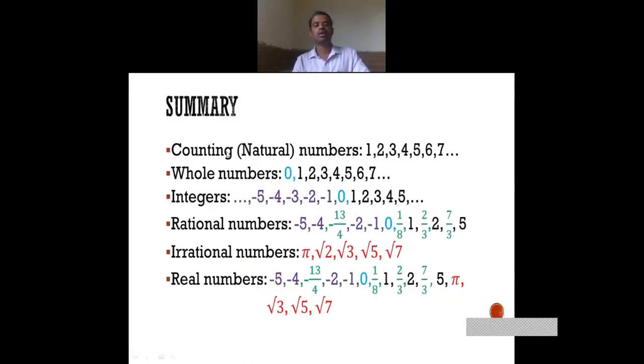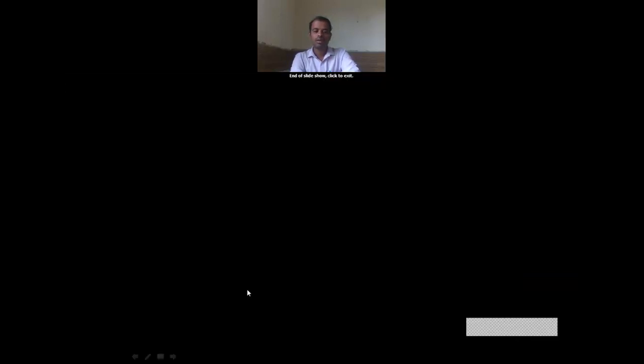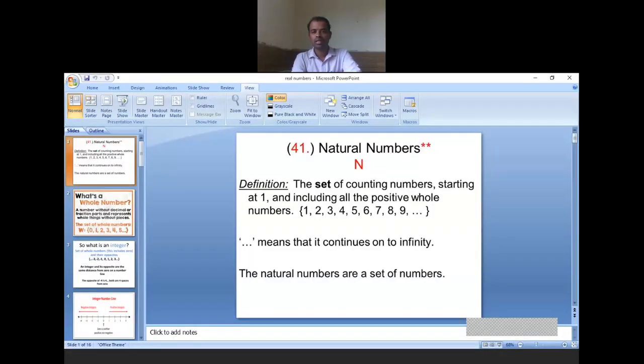So, summary. Counting numbers 1, 2, 3, 4, 5 are called natural numbers. Natural numbers including 0 we call whole numbers. All the whole numbers, that is 0, 1, 2, 3, 4 and their negative numbers are called integers. Rational numbers, we have already learned, are in decimal form. Irrational numbers and real numbers we have not learned yet. In the next class we are going to